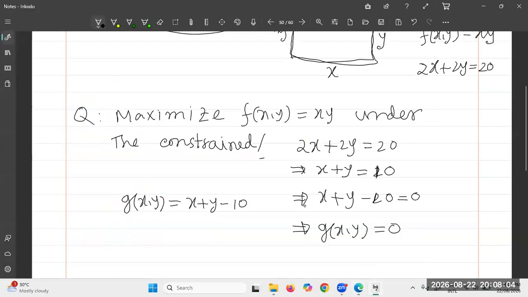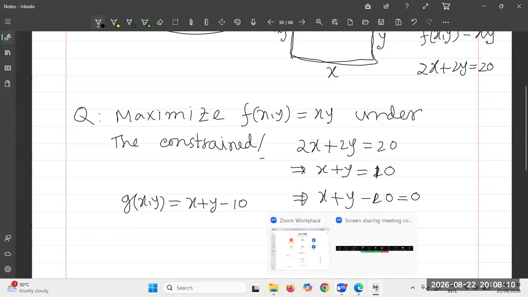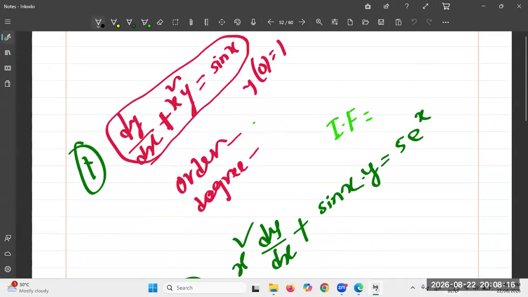Okay, so our function in this case was f of x comma y equal to xy, and our constraint was x plus y minus 10. So we just need to calculate the gradient of both functions. So f of x comma y is xy,